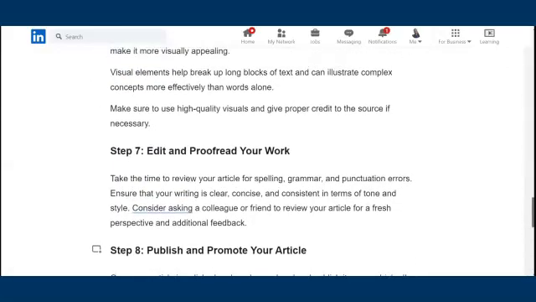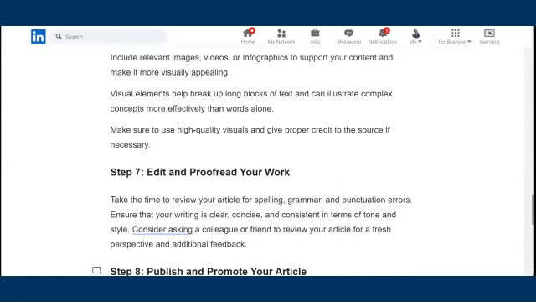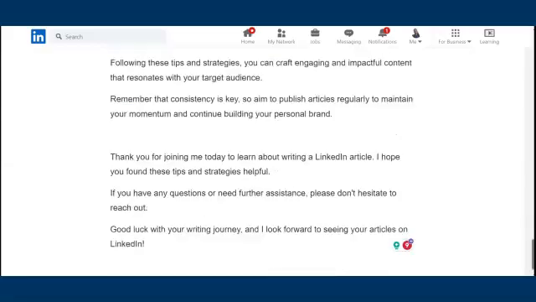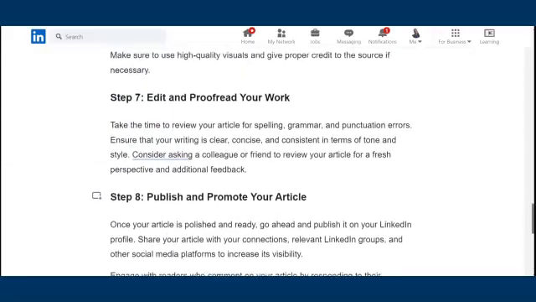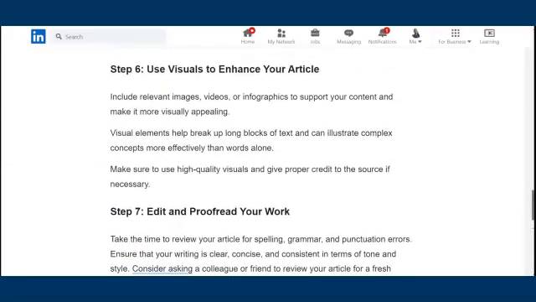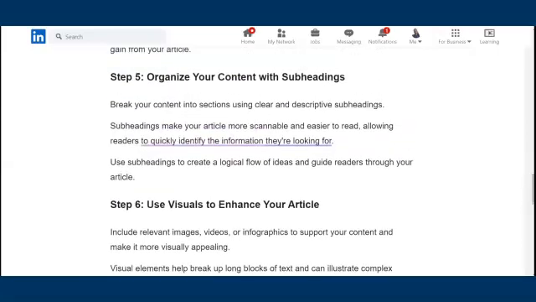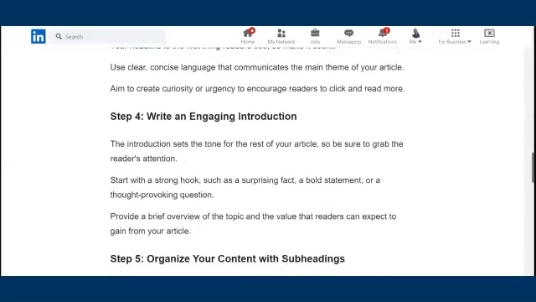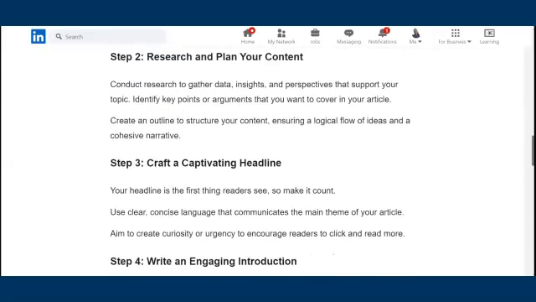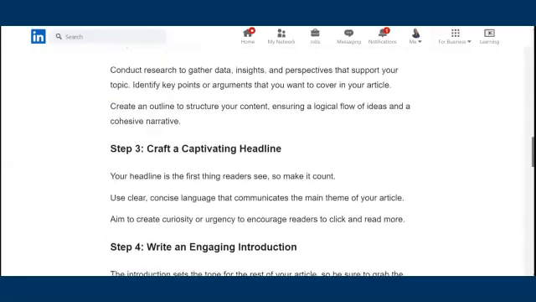But to break up this writing, because there's a lot of text here, I'm just going to add an image. I already found some images prior to this. Obviously this is part of your preparation for your LinkedIn article. All the images that you're thinking that you want to include, you gather them. So one of the ones I had was a captivating headline.